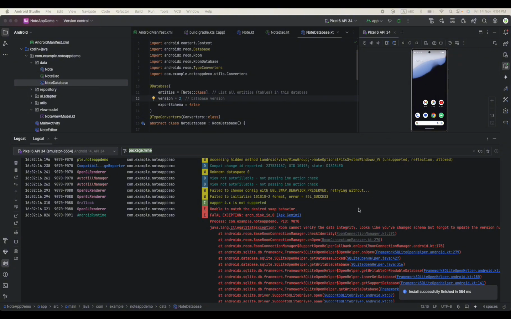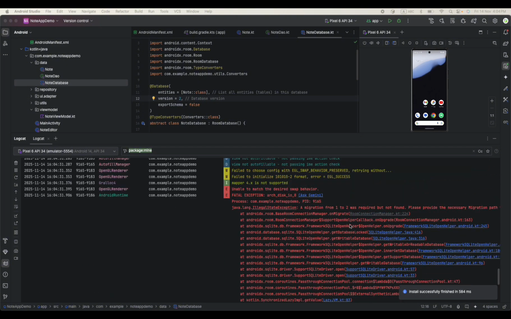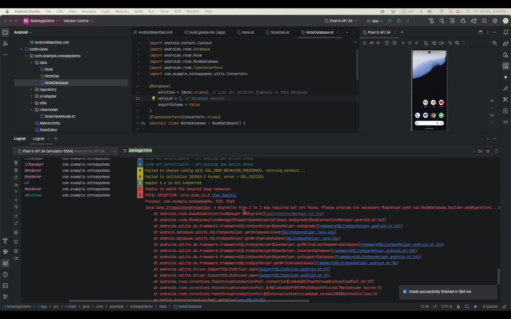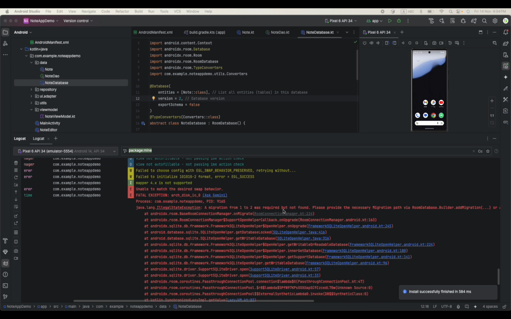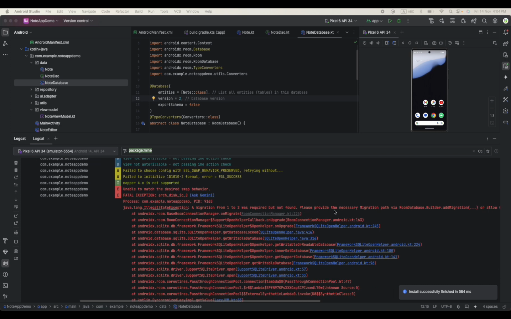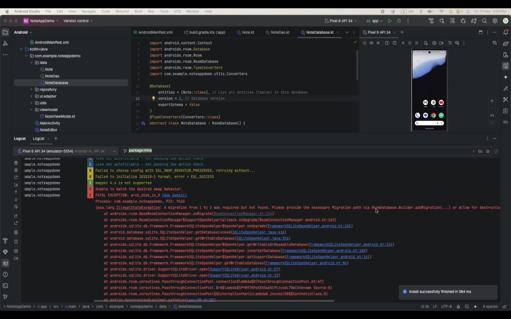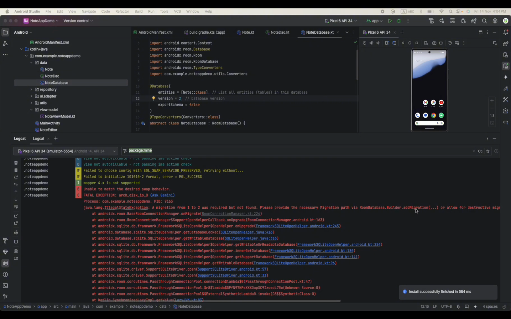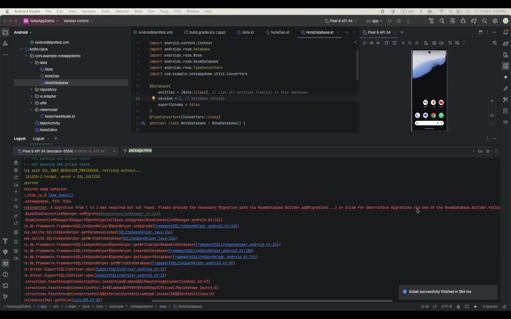After changing our application, we still face the same issue. It says a migration from 1 to 2 was required but not found. Please provide the necessary migration path via RoomDatabase.Builder.addMigration. Okay, so